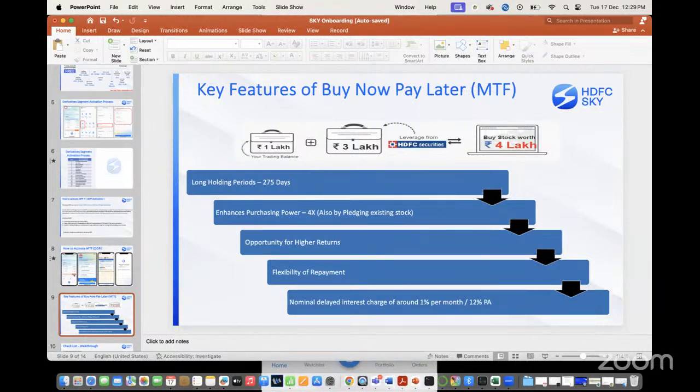All right. So once you log into the app, this is the home screen. This is the watch list section. Third one is the explore section. Fourth one is portfolio section, and fifth one is order section. Coming to home screen, first of all, how to activate your DDPS segment is,